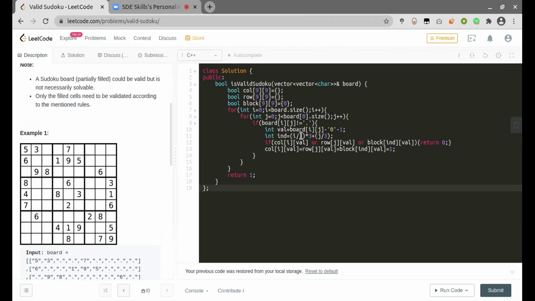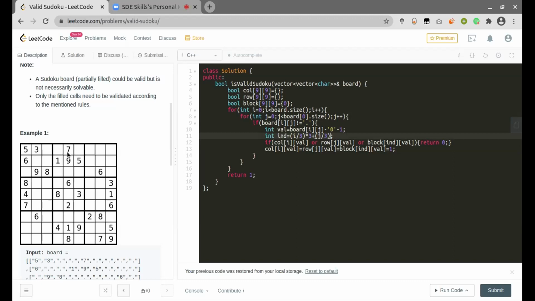If you look closely at how this first value will be calculated: for all the values in the first row, the i value will come out to be 0. Then this j value will contribute to what index I have to choose in the particular column. So j by 3 for the first one will be 0, so this will be 0.